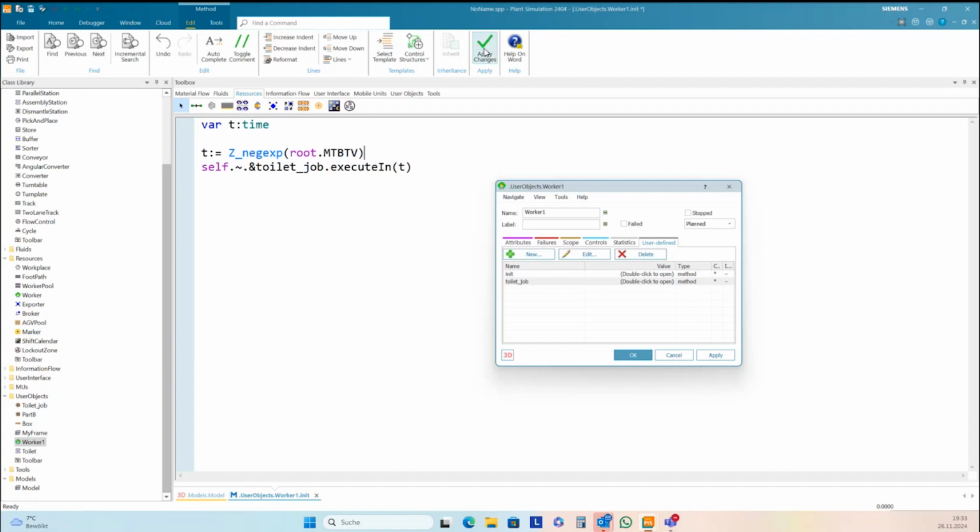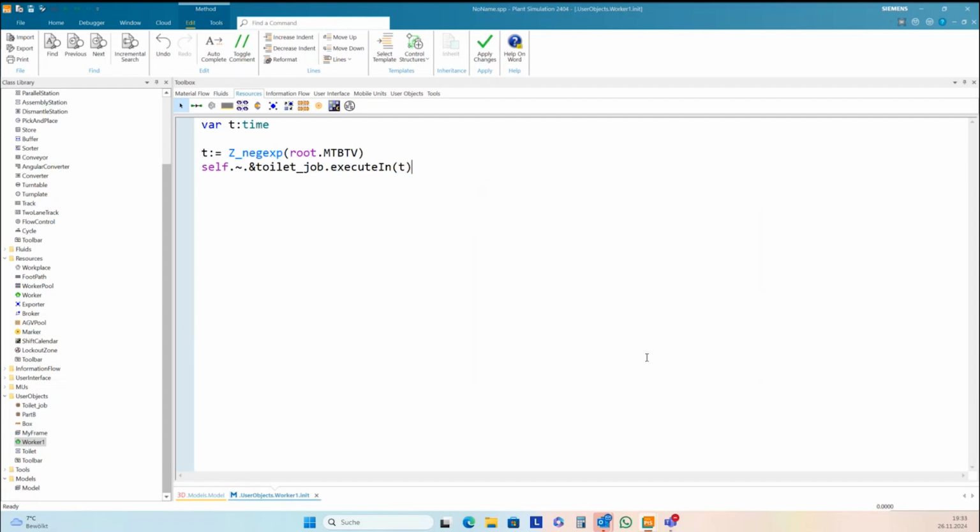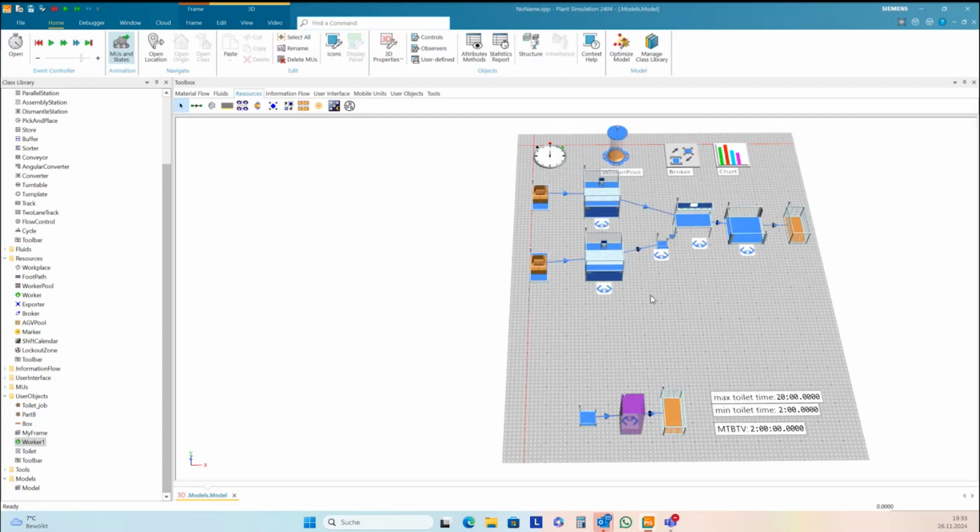So this will create a new random distance. And with this distance, I call the first time this toilet job. And then this toilet job will call itself again with this random interval. Okay, and now it should work.